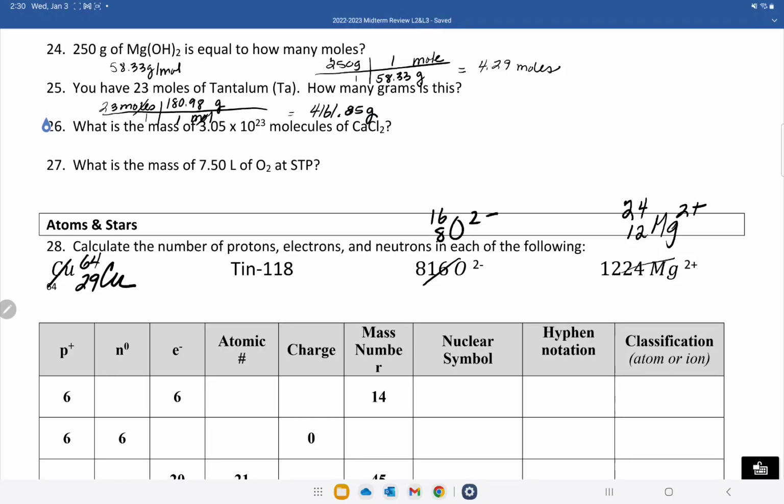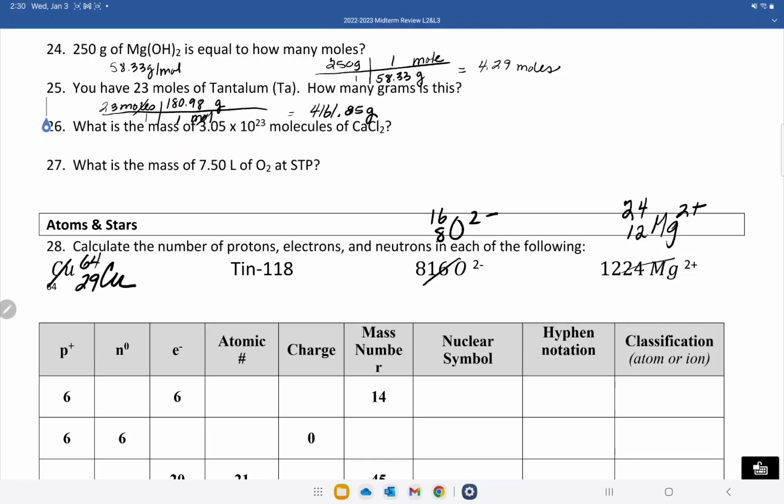26, we want to go from molecules to mass. So it says, what is the mass of that many molecules of calcium chloride? So mole isn't mentioned. I need 2 conversions. Molecule is a particle, so I need to use Avogadro's number. Then we have mass, so I need to use molar mass, and I have to use the molar mass of